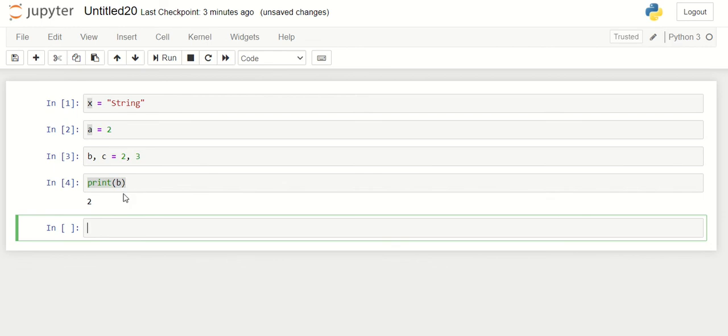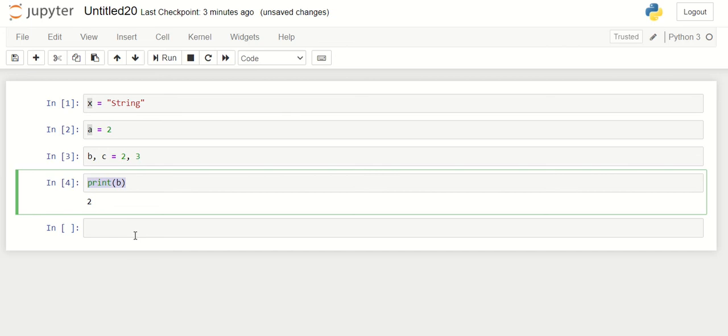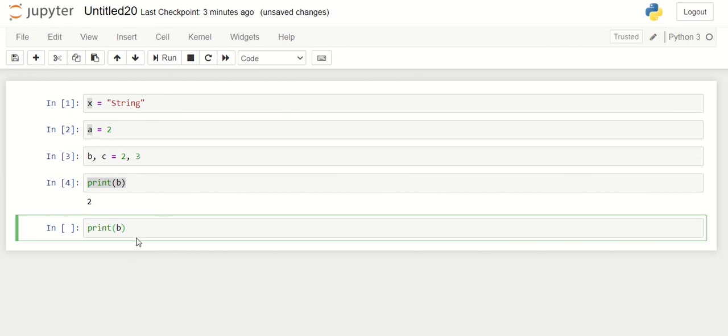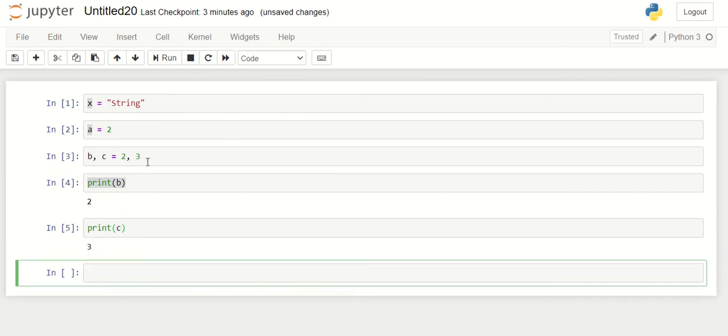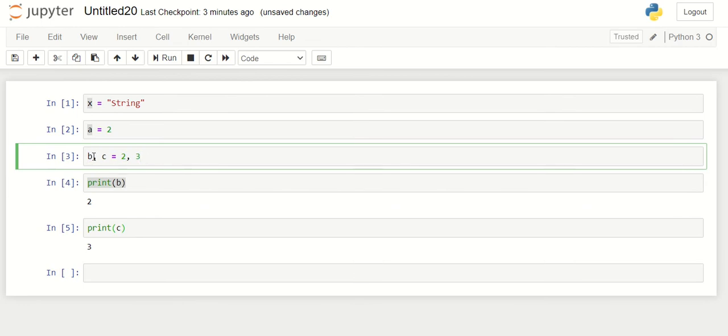Similarly, a similar operation can be done to the variable c as well. By simply taking the number of variables that you want to declare, like in this case I just took two variables, b and c, I have separated them using a comma, and then, coming here, whatever values I wanted to give, I have given. This is how you can create multiple variables at a time using Python Notebook.